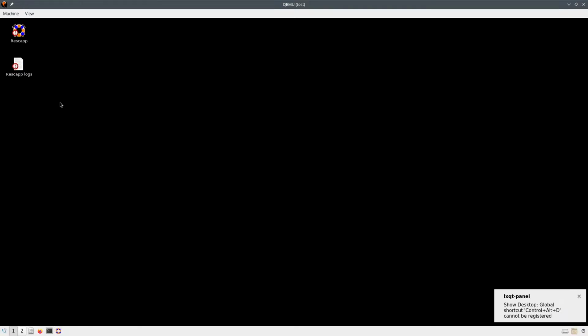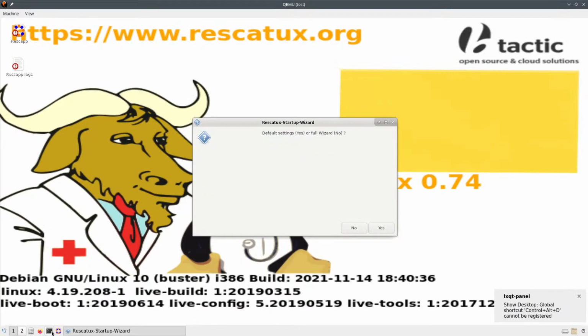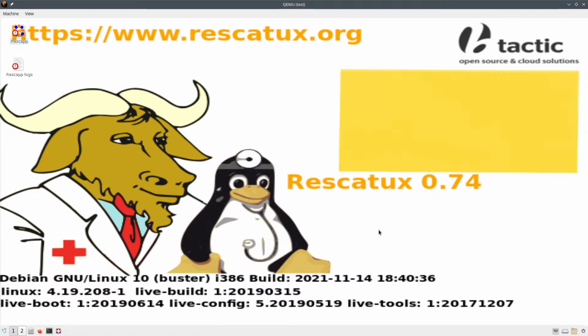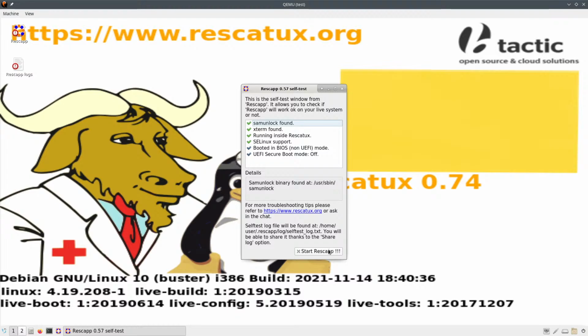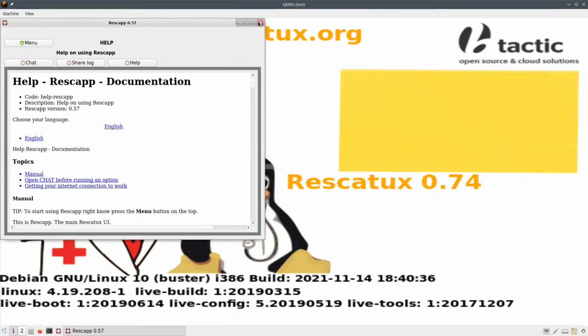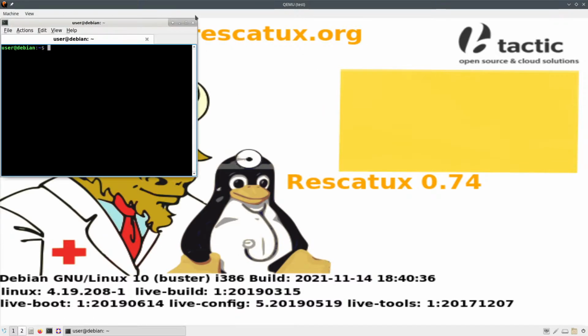So let's see. Let's remove this zoom to fit thing. Okay, full width, the default settings, so that we can close this as fast as possible.